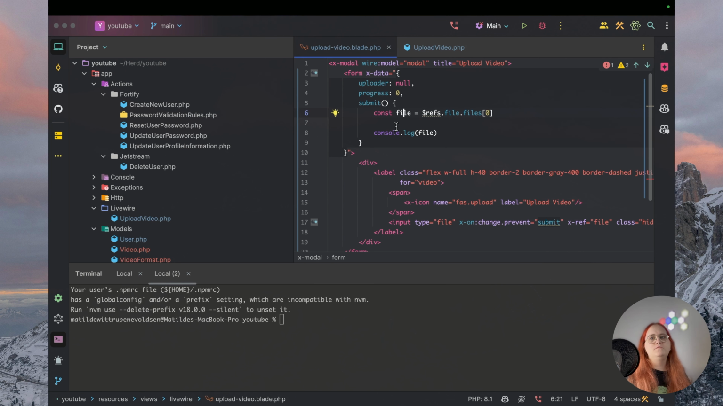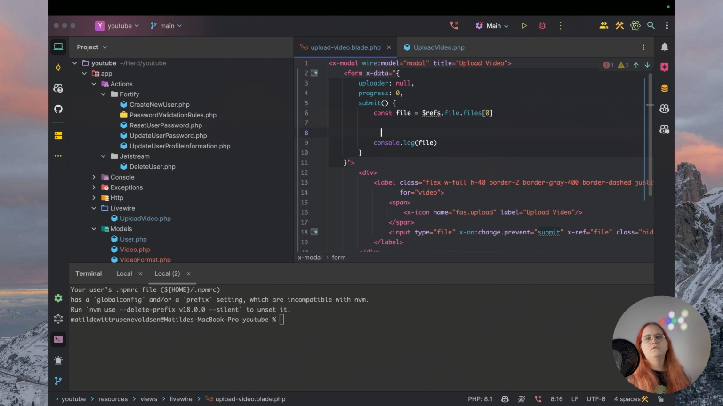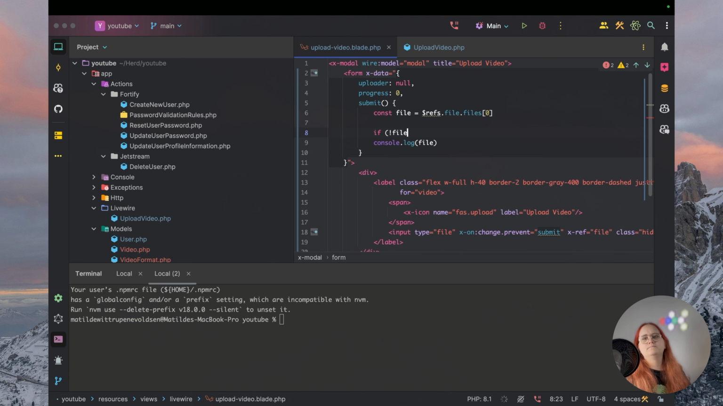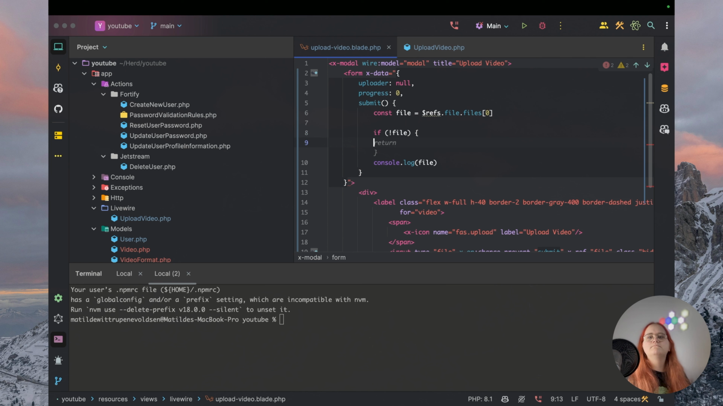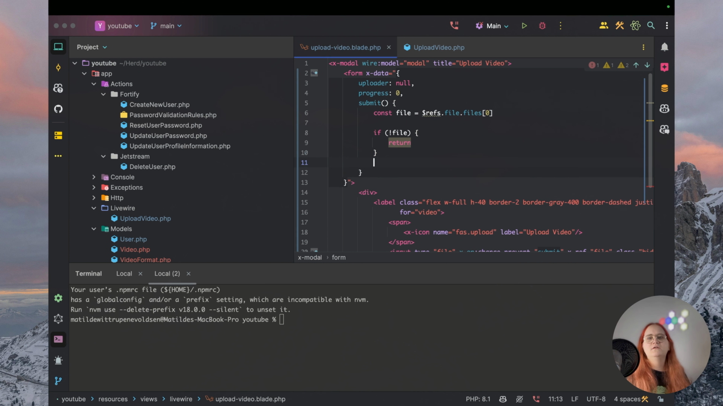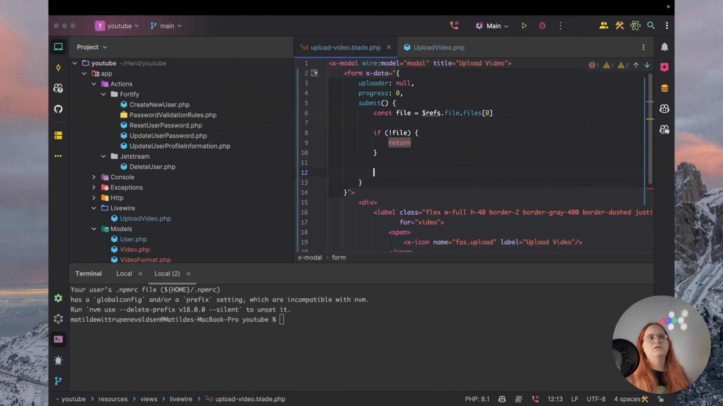But what we're going to do now is check in here if the file isn't there, then we just want to return it. Gonna get rid of that console log thing. And then outside of that, we want to make sure that we have